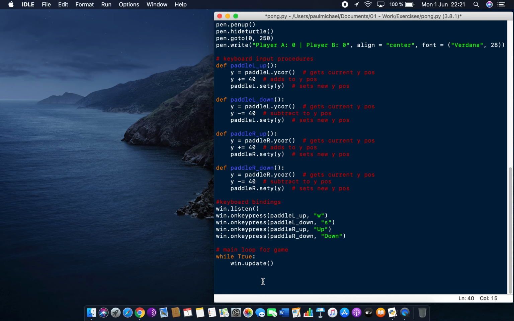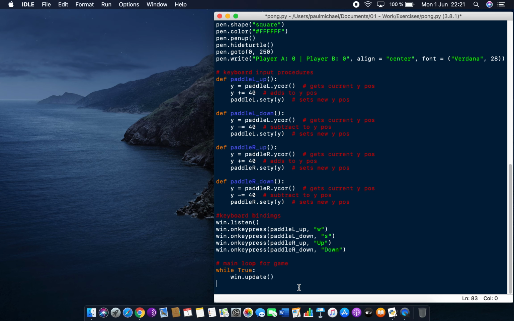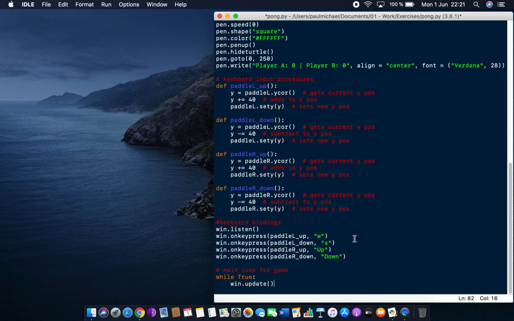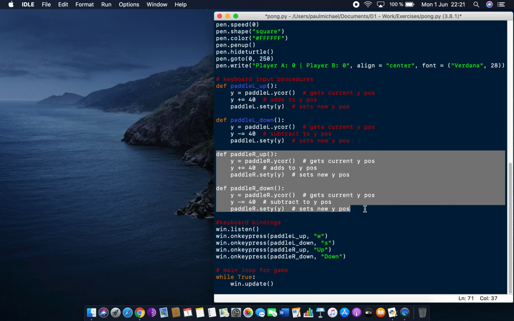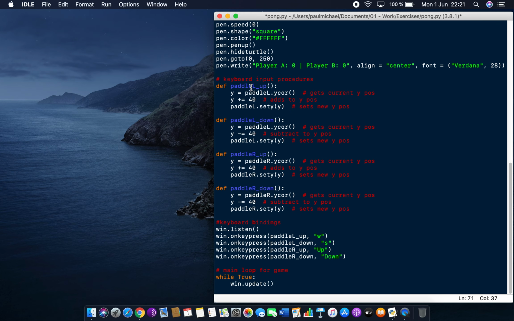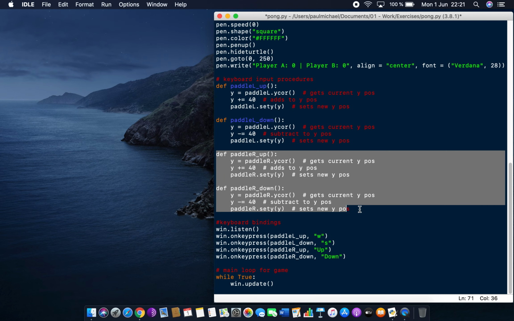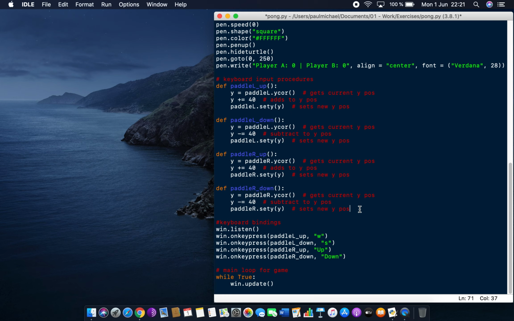Okay, so in this video we are going to look at getting the ball to move. Hopefully you were able to do the last section where you were getting the paddle right. So you had paddle left and you had paddle right. Hopefully you were able to get the key bindings done for that. So what I did in mine is that I changed it by 40 here. You might want to do it by 20, 40, 60, depending on how fast you want your paddle to move